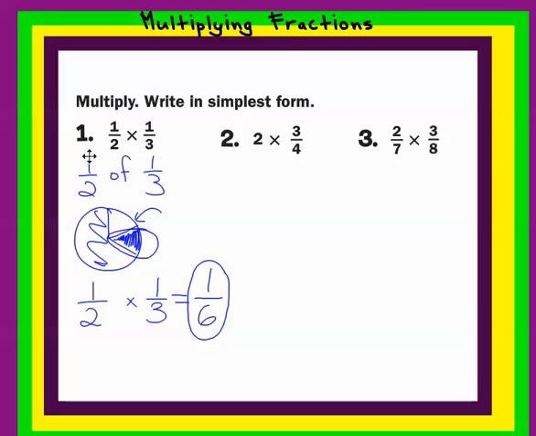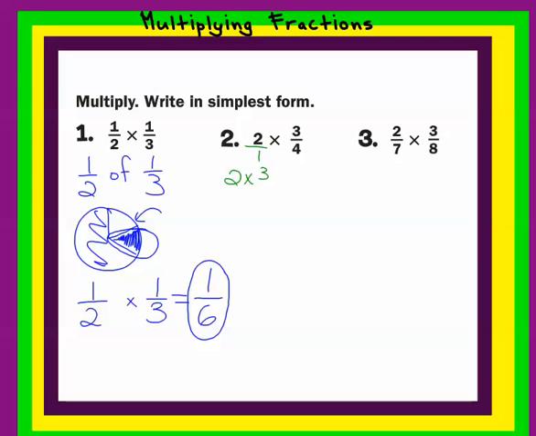In example number 2, we have a whole number. Now when we talk about whole numbers, we're talking about items that are still in one piece. So that 2 represents basically 2 whole pizzas that have not been cut into slices yet. So to represent 2 whole uncut pizzas, we can use a denominator of 1. That's telling us that each of our pizzas is still in one piece. So now we can look at simplifying our fractions. Now in this case, while we have 2 over 1, and that really can't be simplified, there's no common factor other than 1, and 3 over 4 is in simplest form,